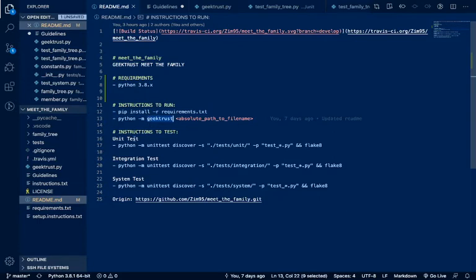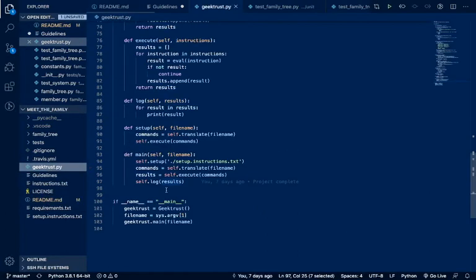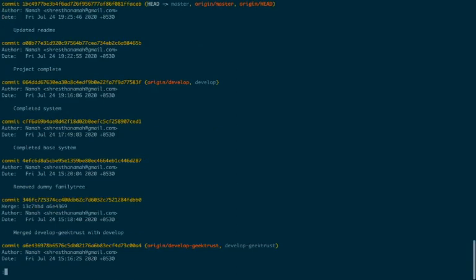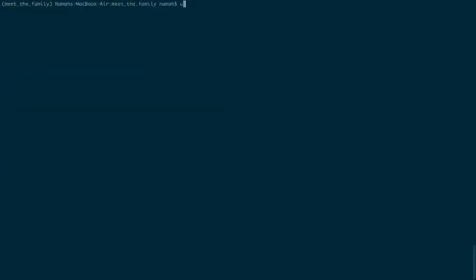By the way guys, I need to talk about this particular part, right? Because the main, I've discussed what the main does. I haven't discussed what if name equals main does or sys.argv does, right? So let us discuss that real quick, because I want you guys to have real clarity.